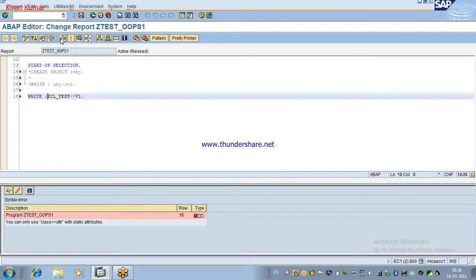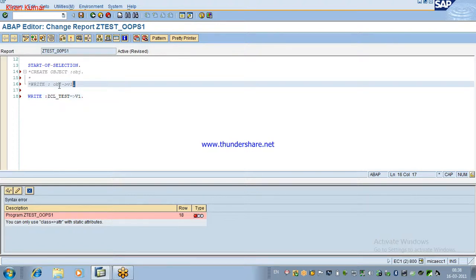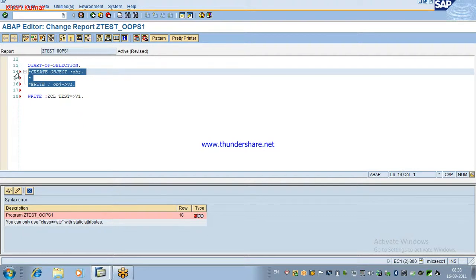You can understand. If it is an instance component, you must create the object. Creating an object is compulsory when you are calling a public instance attribute, instance method, or instance event. If you are calling, then the object is compulsory.